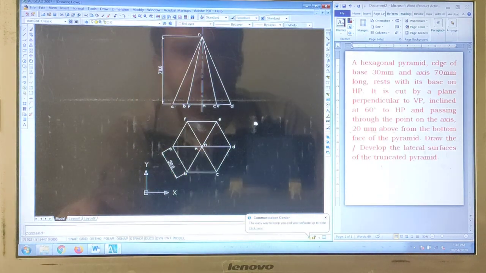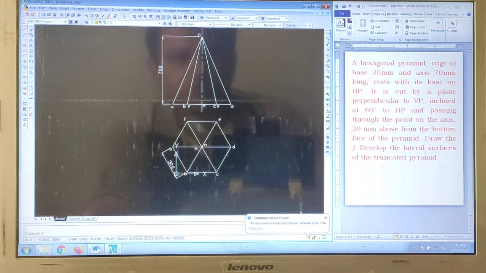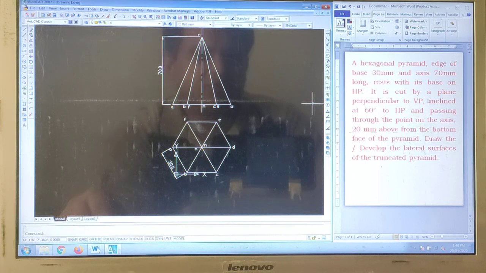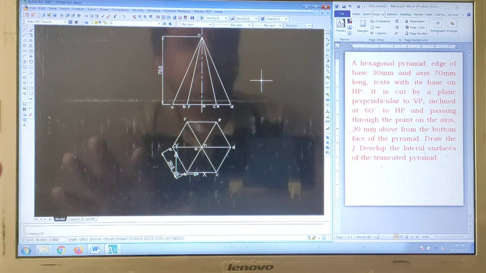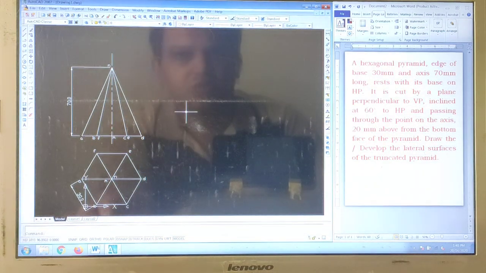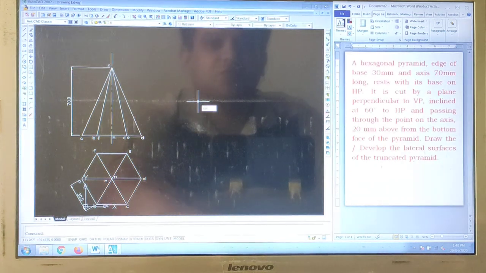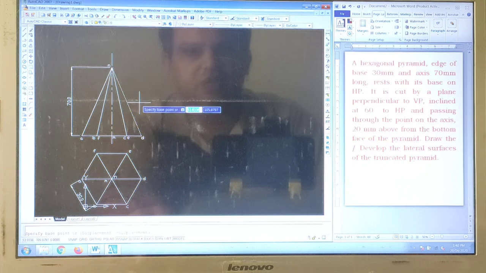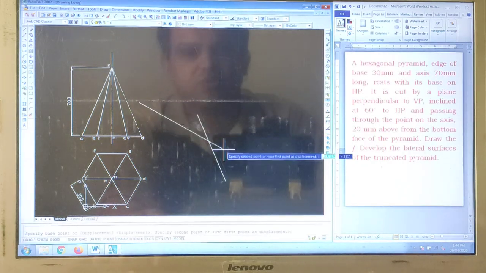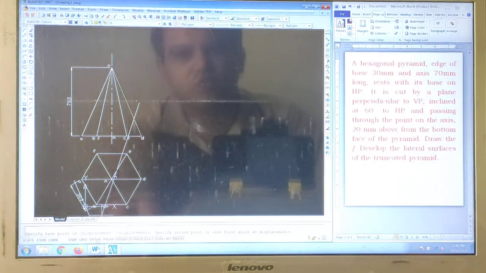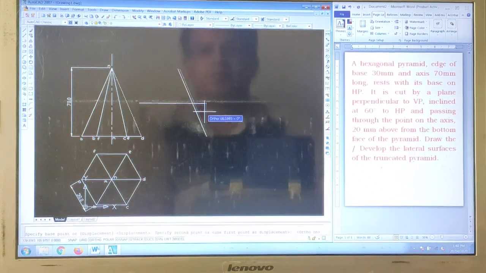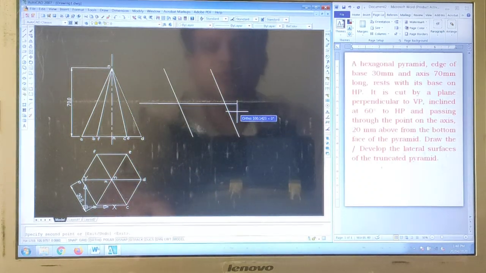Now initial front and top view that we have drawn. Okay, now what we need to draw is the cutting plane. Okay, so let us solve this particular problem considering this as a plane problem, isn't it? So if it is a plane problem, what we are going to do is copy this particular slant edge, isn't it? So now ortho is off, so that ortho needs to be on. Okay, so I have copied this like this.